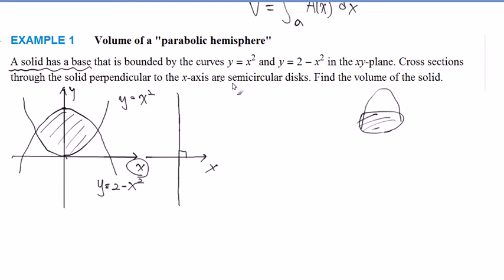So next thing is the semicircular disc. That's what they're saying. If you cut it somewhere here, you don't want to cut it here, that's outside the solid. You want to cut it somewhere in a random position, x here. If you cut it, that's going to generate this type of mark in the base. And you can see it's going to cut the base right there,